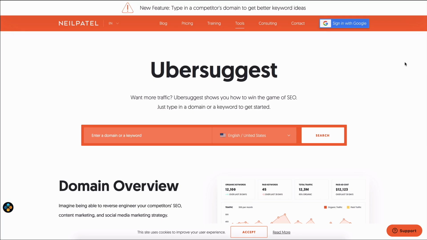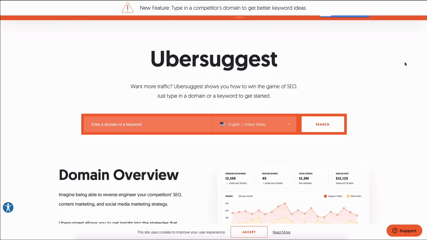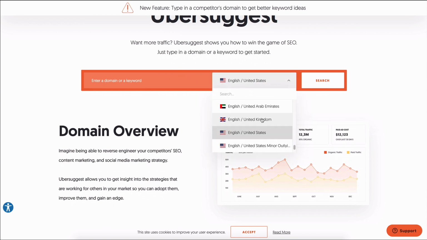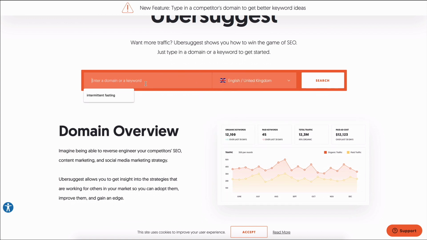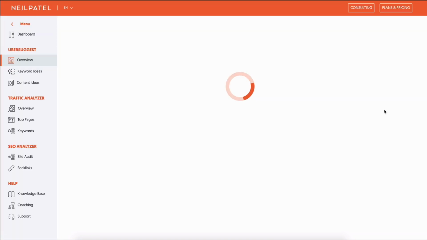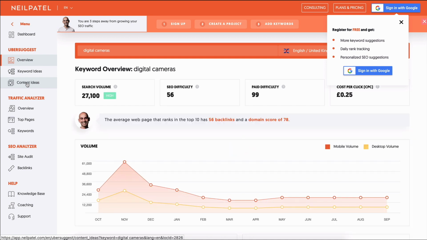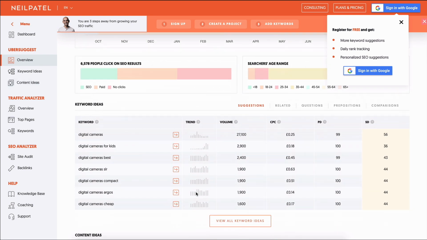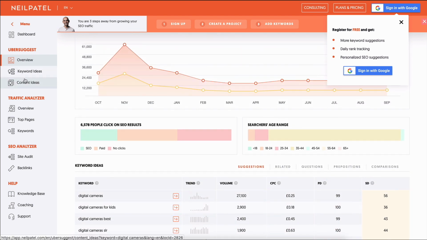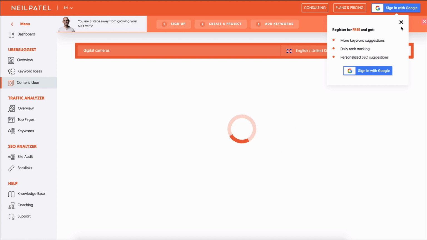So number 3 on our list is Ubersuggest. Again, we can come over here, we can drill down to our region, and we can put digital cameras in, hit go, and Ubersuggest will do its thing. And if we look over here to the left, we can see content ideas. So we're not as interested in the keyword overview. Obviously it will suggest some other things here, but if we go over into the content ideas,